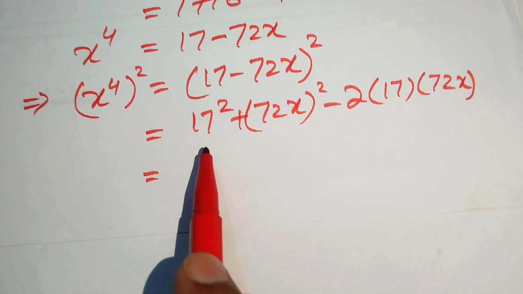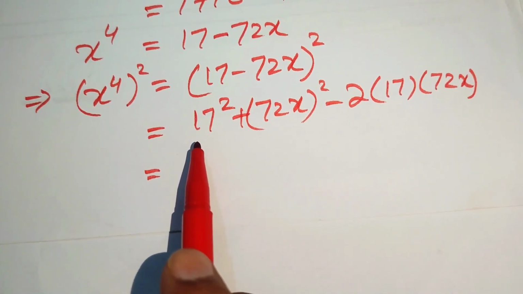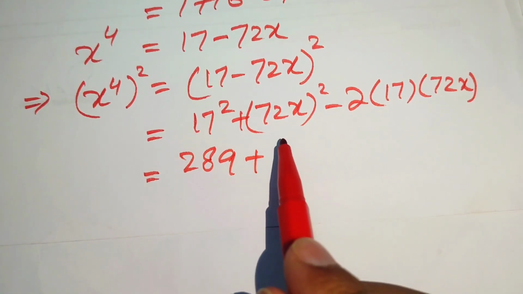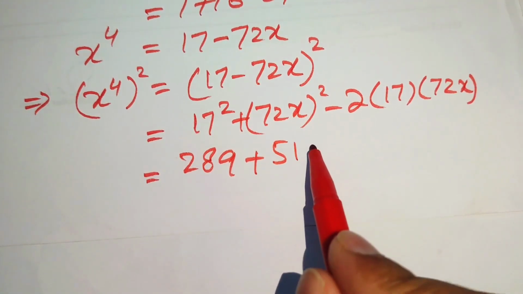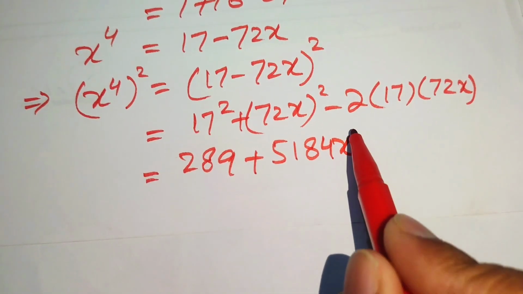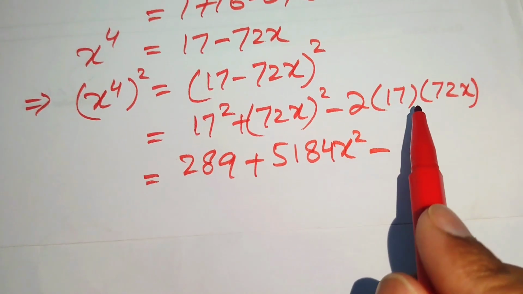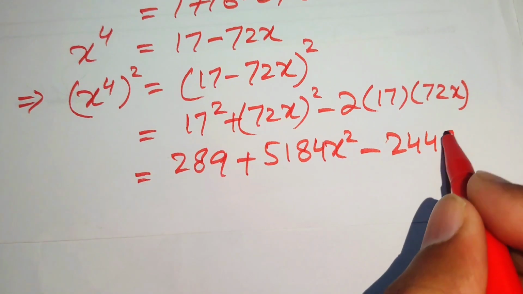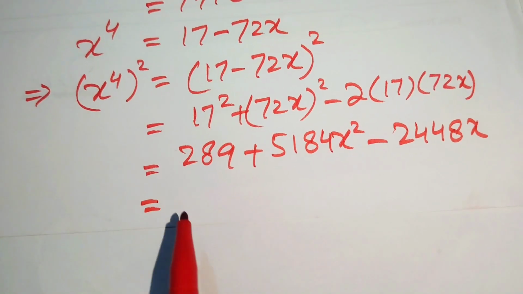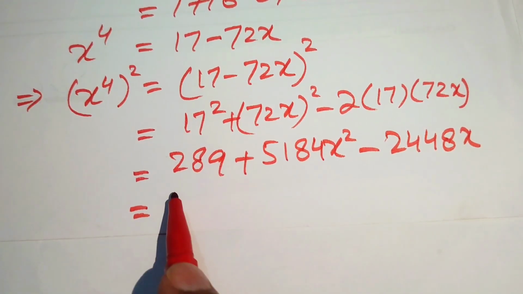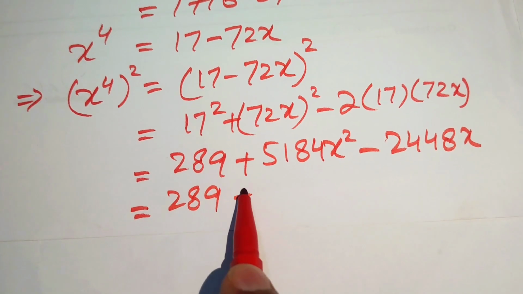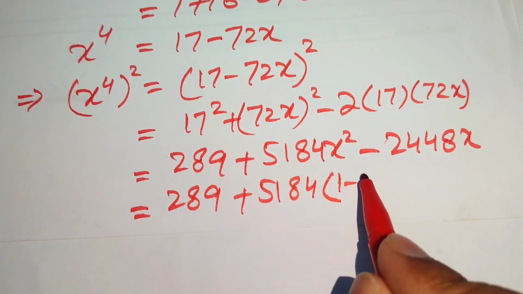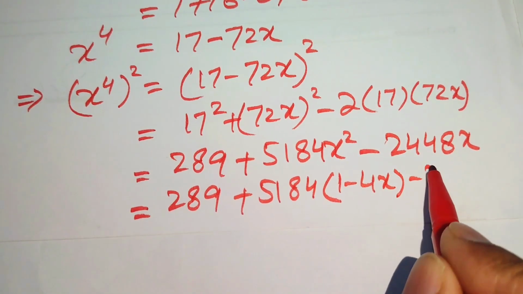Okay, so after this step, you know that 17 square is equal to 289 and 72 square equals 5184x square. And when you multiply 2 times 17 times 72, then you get 2448 into x. So here we again substitute the value of x square, and you get 289 plus 5184, and the value of x square is 1 minus 4x, and this is minus